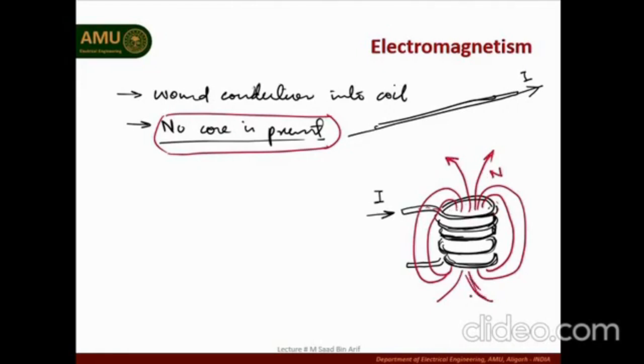And this you can easily obtain the direction of the current by the right hand rule. And this coil is basically behaving like a permanent magnet whose north pole is upper side and the south pole is at lower side, and the current I is flowing out of the coil.